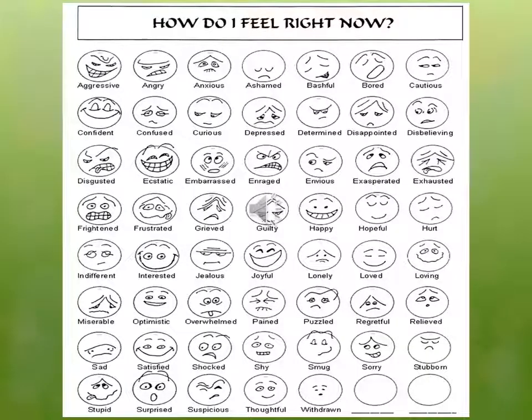Now, this image is a chart that I use sometimes in therapy for people who don't understand their emotions. They are low in that emotional intelligence we just discussed. And so you'll see all these different faces here with different expressions, and there's a number of them. So say I'm working with a client, I can pull this out if they're not sure how they're feeling. They don't have a word for it. They don't understand their feelings. I can pull this out and they can point to a face, and then we can go from there.